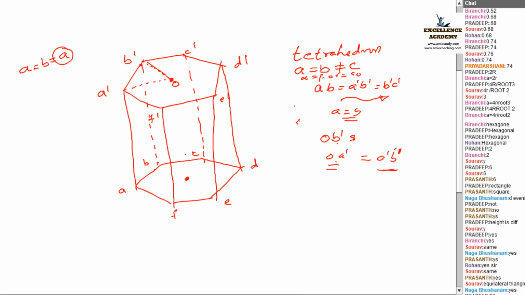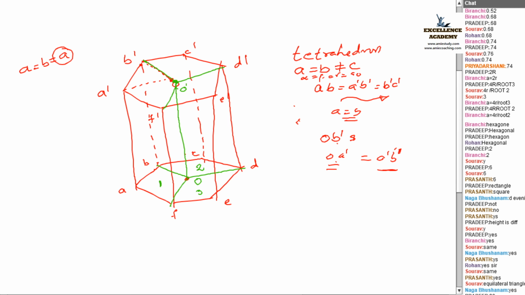Okay, let me take another color. So check this green line. I join this O dash B dash and O dash F dash. Next is O dash B dash. Similarly, at the bottom, here it is O dash. At the bottom it is O. OB is joined, OF is joined, and OD is joined. I join OO dash. What can you see there? This is one tetrahedron. Second one is this one. Third one is this one.